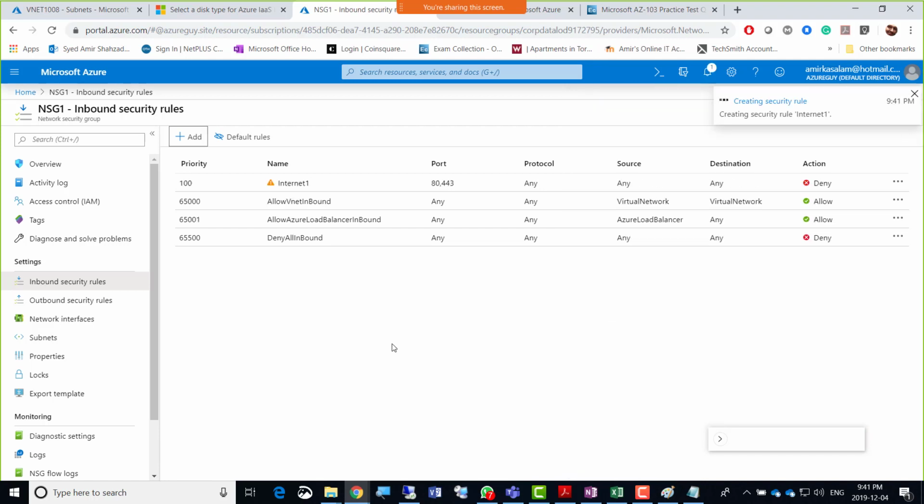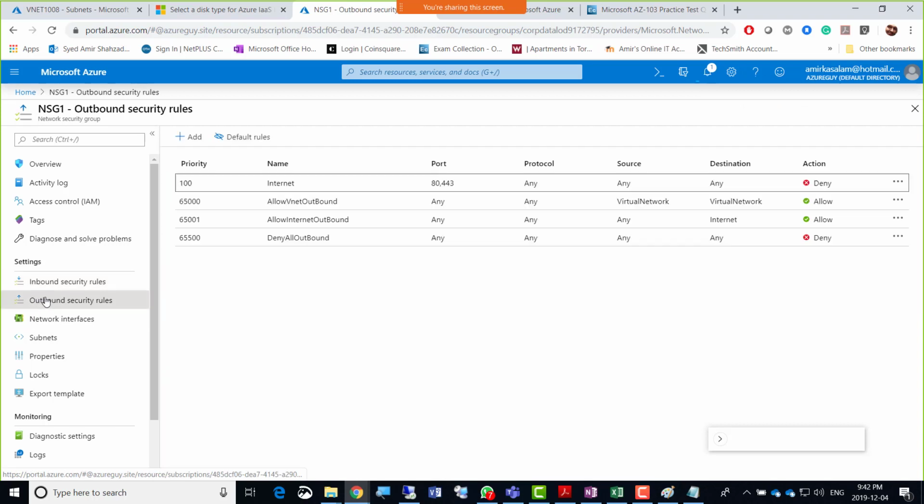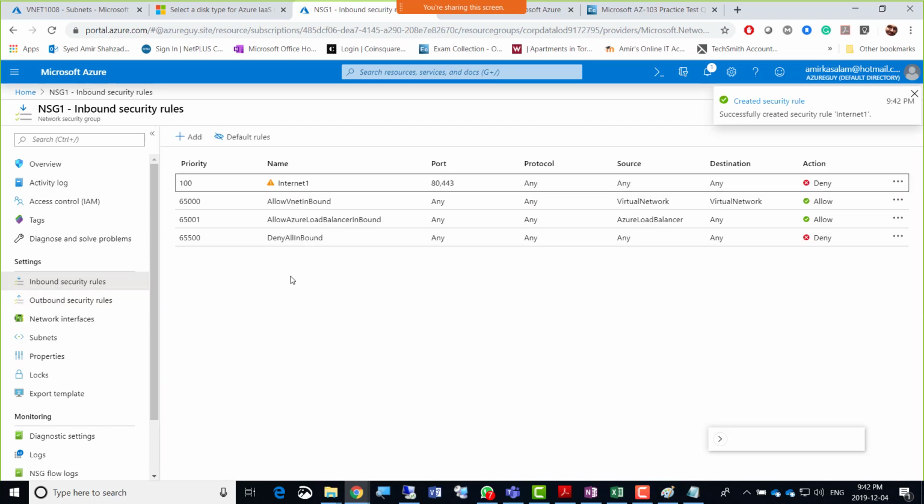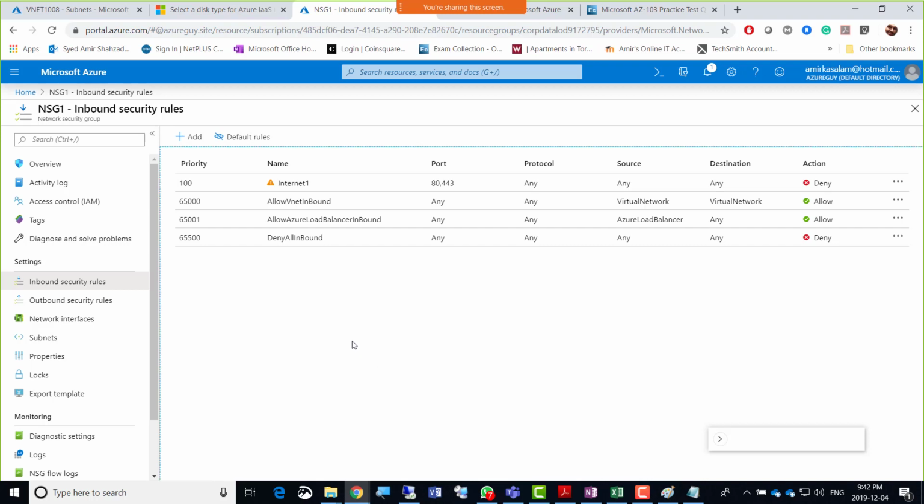Thank you, sir. So it is there, and it is getting created now. So it should be different names: internet here, internet one there. Normally the name should be internet deny one, internet deny two. All right. Thank you for troubleshooting that and for confirming. So just inbound and outbound.